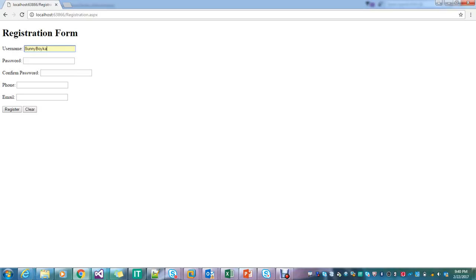So username, password, phone number 1 2 3. We have to store the data into our application, so if I click on register,